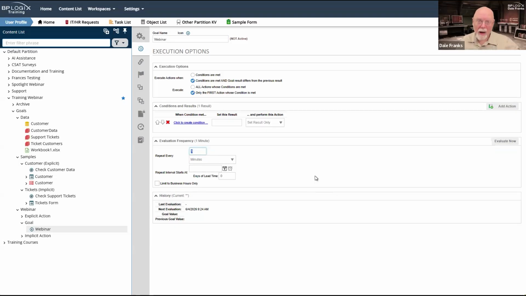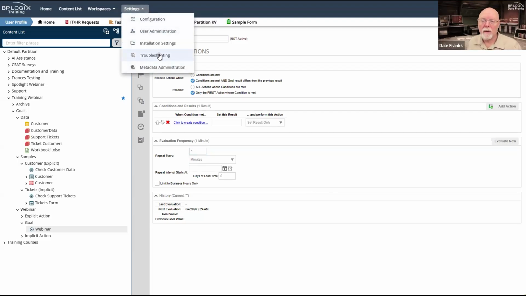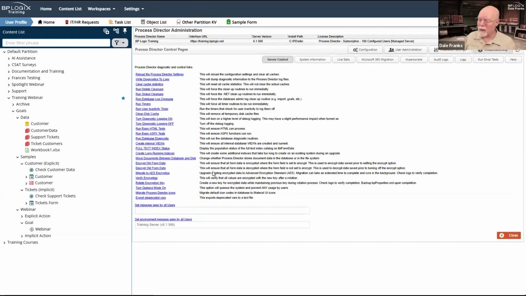There is no stopwatch, as I said earlier. What happens is timers are invoked on the system and timer checks get run. There are a lot of ways to run timer checks. In the troubleshooting, the server control page, where is it? Run timers, right there. I can click run timers and I can force the timer routines manually.